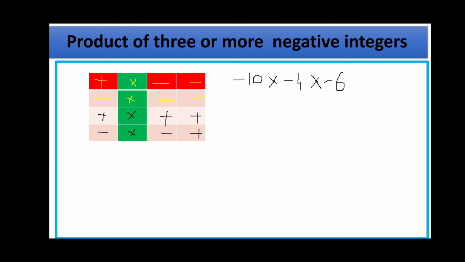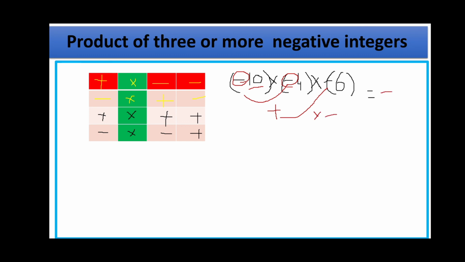Which gives... here also first we are checking the two integers, that is minus 10 and minus 4. Here I am representing them with brackets which will be easy for you to identify that the integers are different or separated. So now minus 10, minus 4, minus 6. So here I am checking the two integers, that means minus 10 and minus 4. If you check, minus 10 and minus 4 both have the sign minus. So now what do we have to do? Apply the rule. Minus into minus gives plus, as we already know that. Next, what is the leftover sign? Yes, minus 6. So take that sign. Plus into minus gives minus.